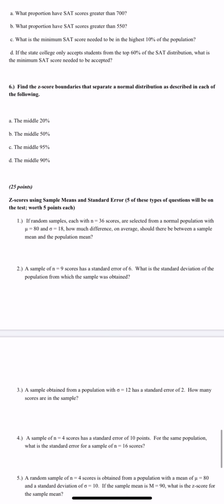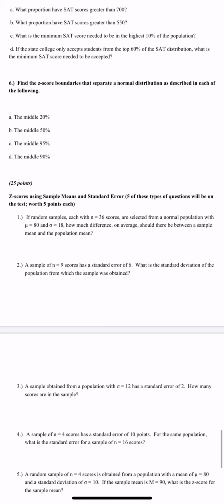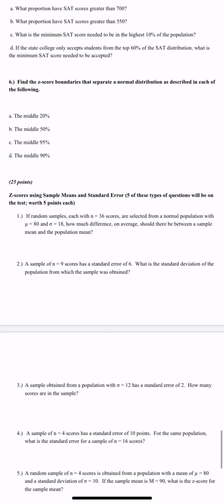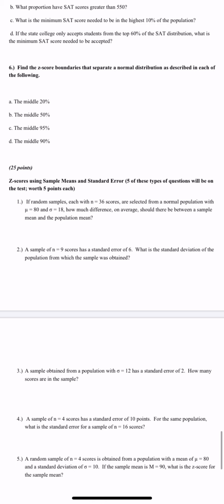All right, so the middle 90%, what's 90 divided by 2? It's 45. So you're going to look for the column D score that's closest to 0.4500 or 45%. You'll see that that equals